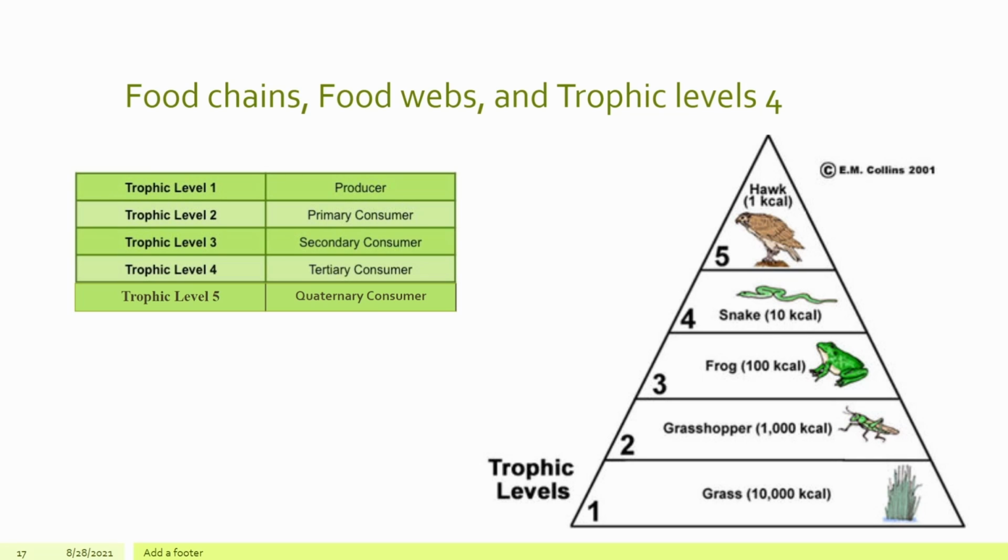So tertiary and quaternary consumers must eat a lot more food to get the same energy amount that a producer gets. So the closer you are to the creation of energy directly from sunlight, like the producers, the more energy or kilocalories you get per unit volume.